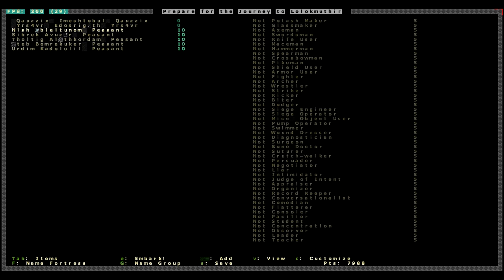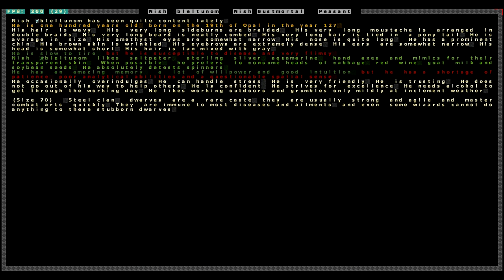Alright, so our next dwarf is Steel Clan. Wow! A rare caste, but they're usually strong and agile and master combat arts quickly. They are immune to most diseases and ailments, and even some wizards cannot do anything to these stubborn dwarves. Alright, so they master combat arts quickly. Can handle stress. He is susceptible to disease. What? They're immune to most diseases, but he's susceptible. Oh, great. You're a dichotomy. What are you doing? Alright, so,